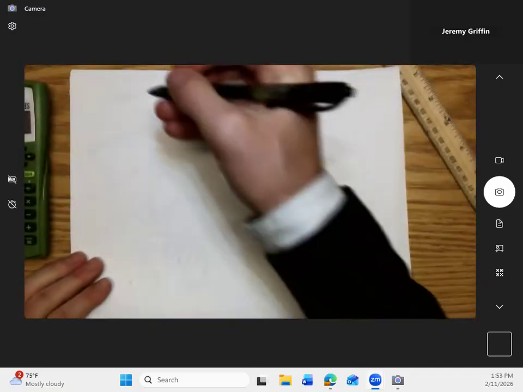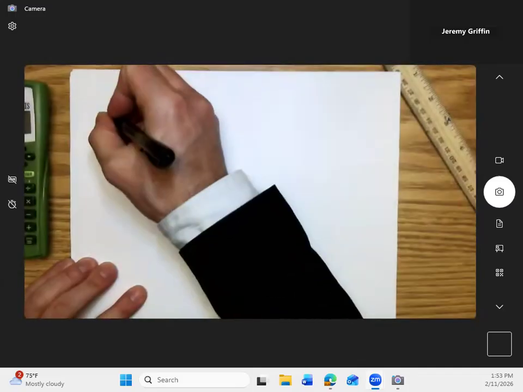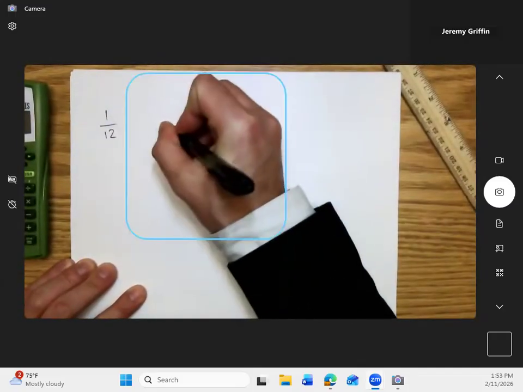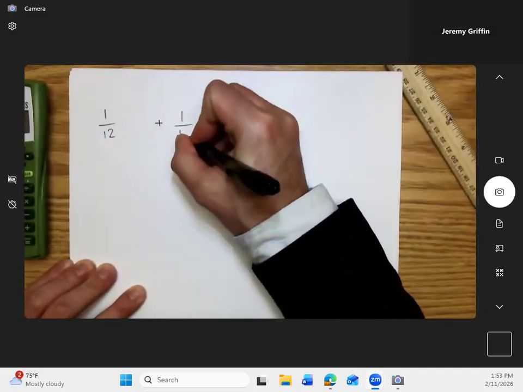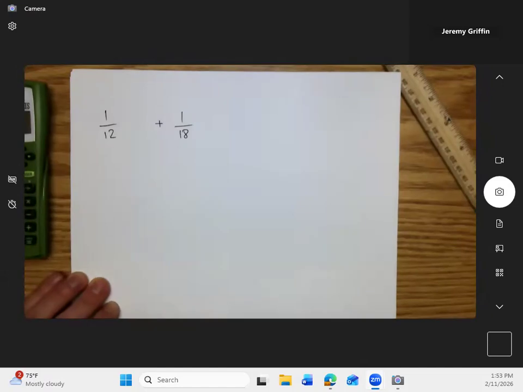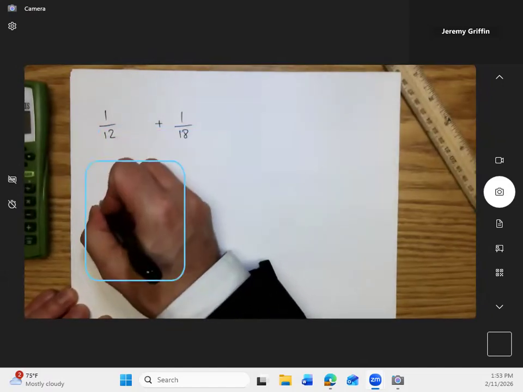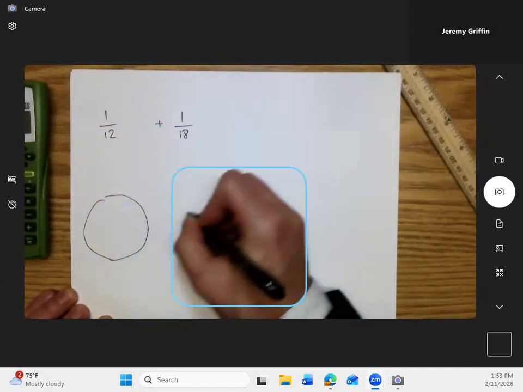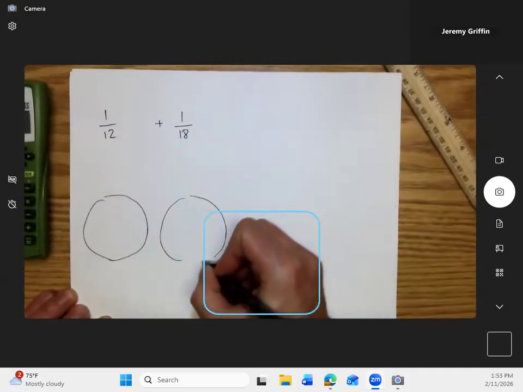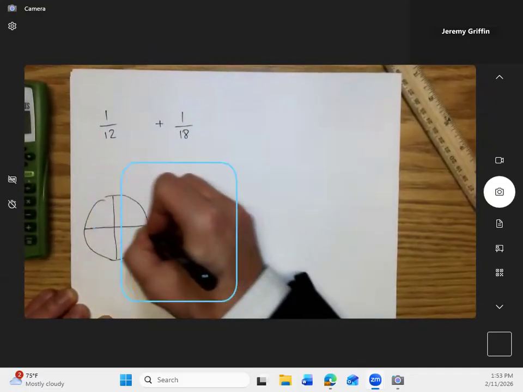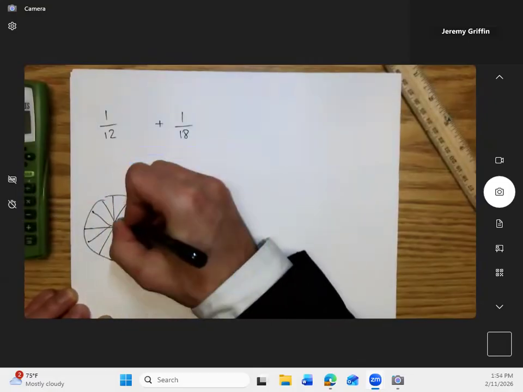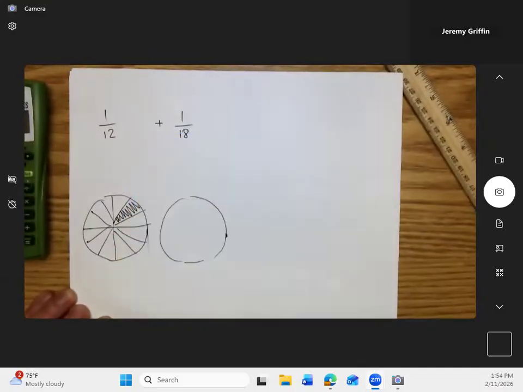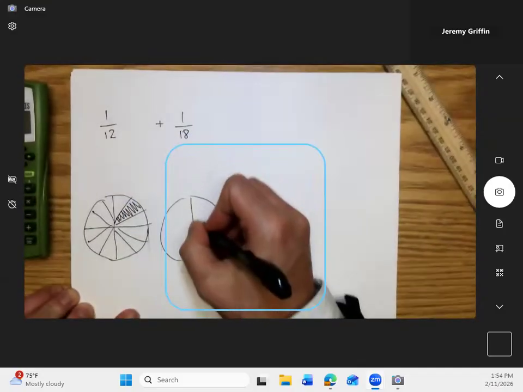Alright, so second warm-up example. Let's do 1 over 12, and I'm going to leave a little space like I did before, plus 1 over 18. 1/12 plus 1 over 18. To give you a visual again, let's say I have a couple of pizzas. I'm going to slice one into 12 slices, and then 1/12 could be just one of those slices. And 18 looks more like